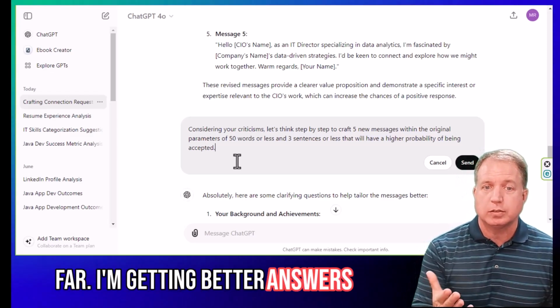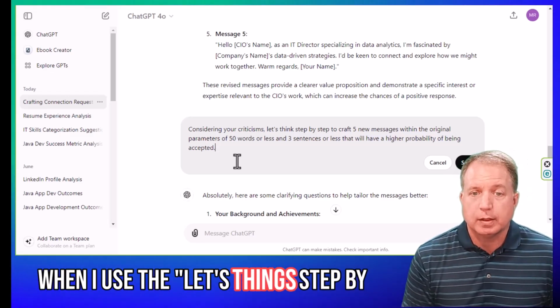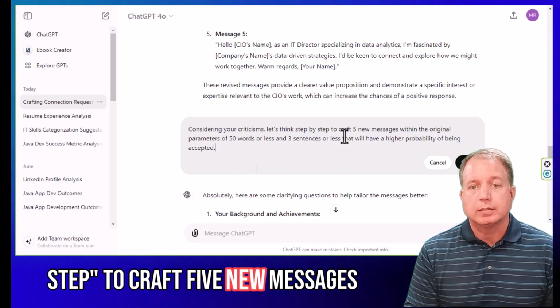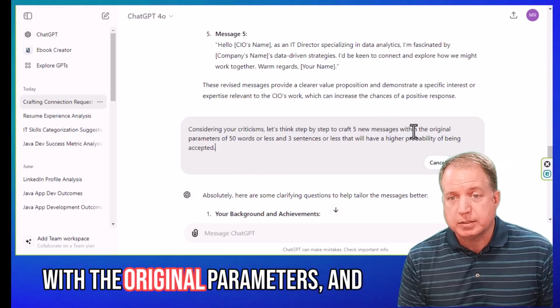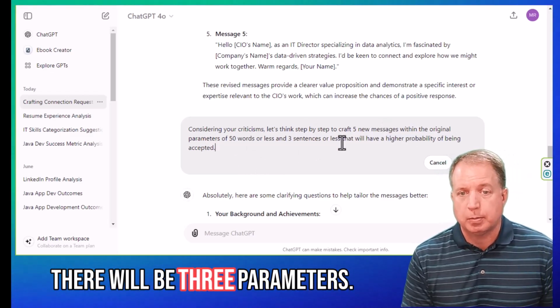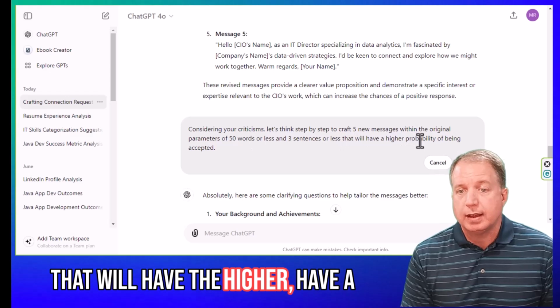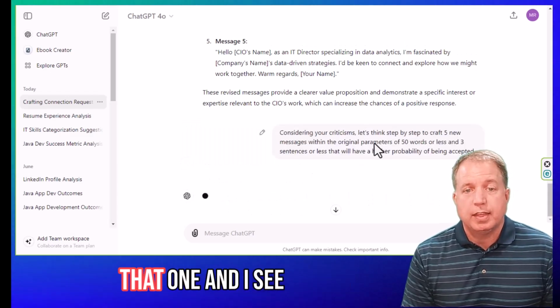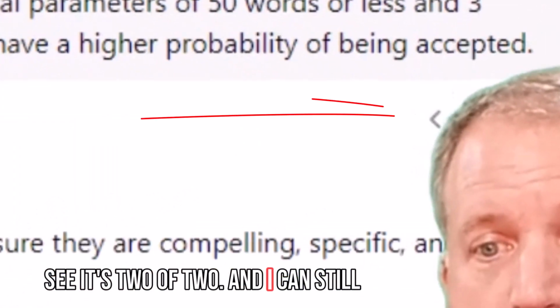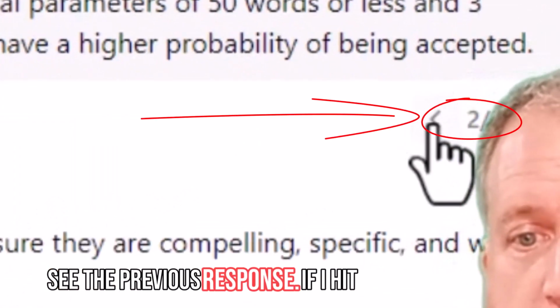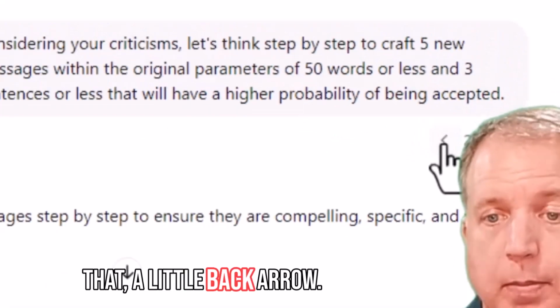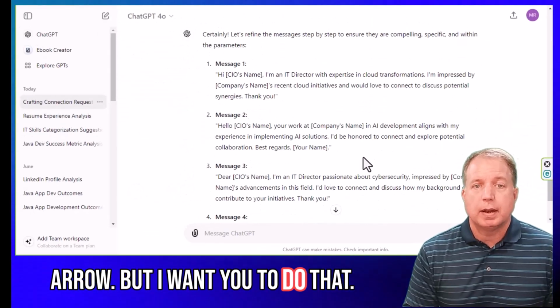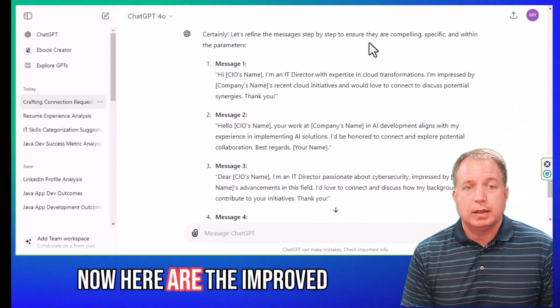I'm getting better answers when I use the let's think step by step to craft 5 new messages with the original parameters, and I repeat their parameters, that will have a higher probability of being accepted. So then I click send on that one, and now you see it's 2 of 2, and I can still see the previous response if I hit that little back arrow, but I don't need to do that. Now here are the improved